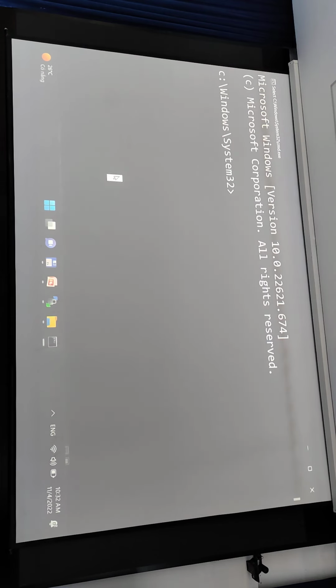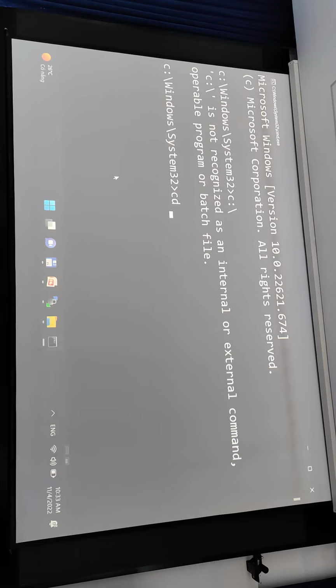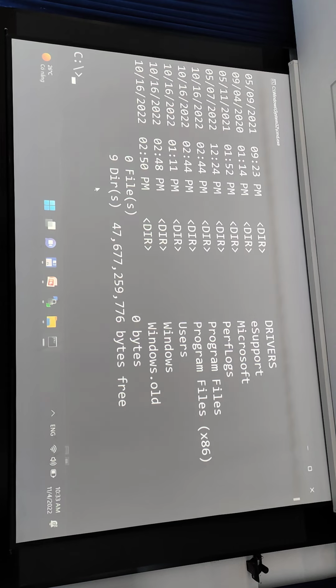How could I copy this file from this place to another place? I usually go to the location. I have to remember where my file is. This is difficult, right? Wow.